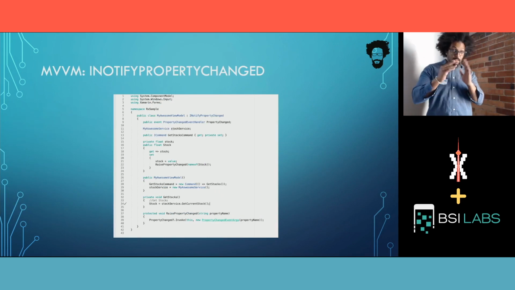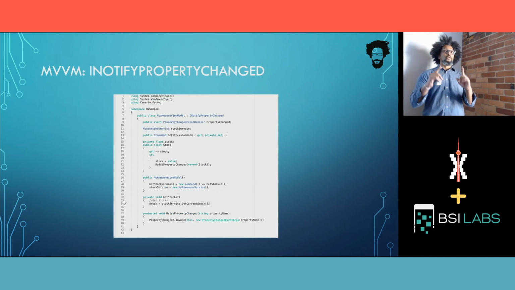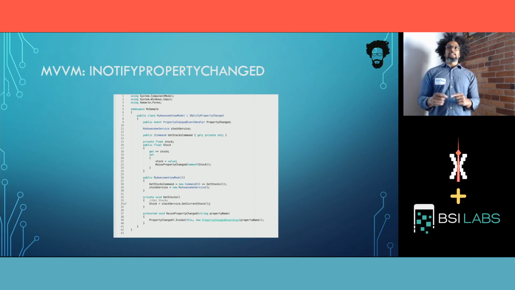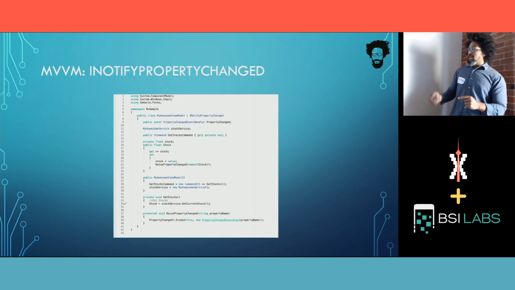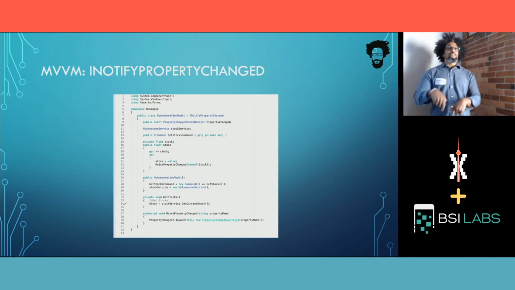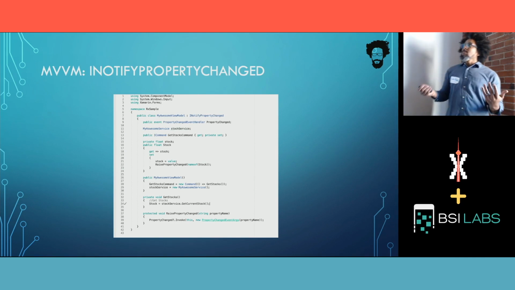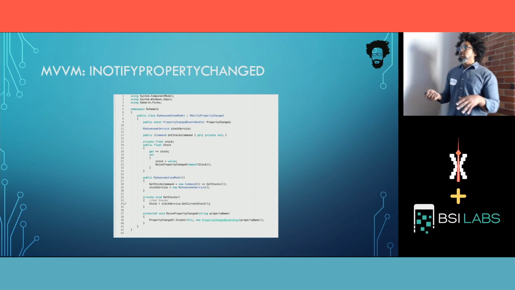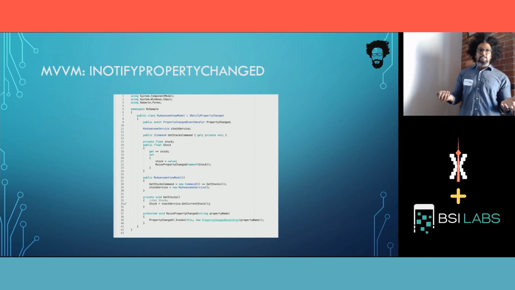Here, the whole MVVM is just one interface. The whole MVVM is the INotifyPropertyChanged interface. When implemented, the only thing you need to implement is the PropertyChanged event. This is the event that people from the outside will subscribe to in order to know when a property was changed. So you implement this, but you also need to make some changes in your code to raise it